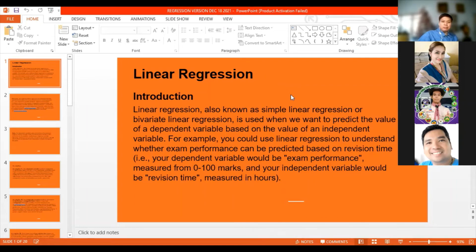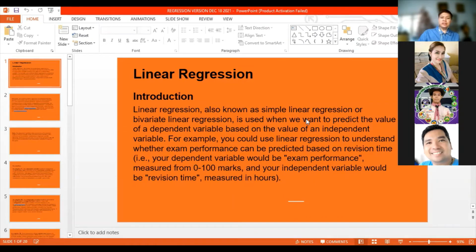Okay, so let me now proceed with this. It says here that linear regression is also known as simple linear regression. Okay, sabi natin kanina, meron kang independent variable, tapos meron kang dependent variable. Independent variable is the cause. The dependent variable is your effect. Okay, when you have one IV and one DV, yun ang tinatawag na linear regression. I repeat, kapag isang IV, the independent variable, isang DV, the dependent variable, ang tawag doon linear regression or simple